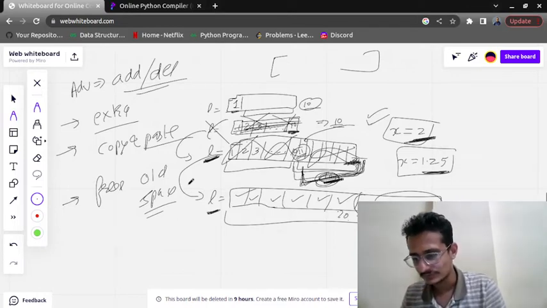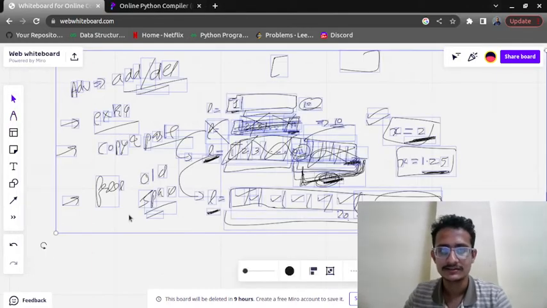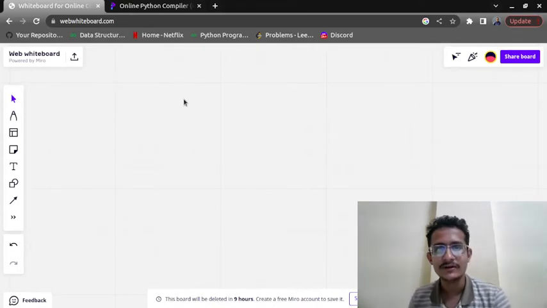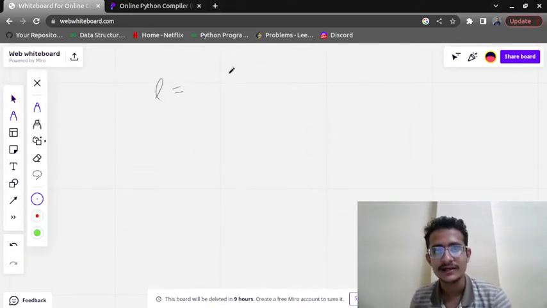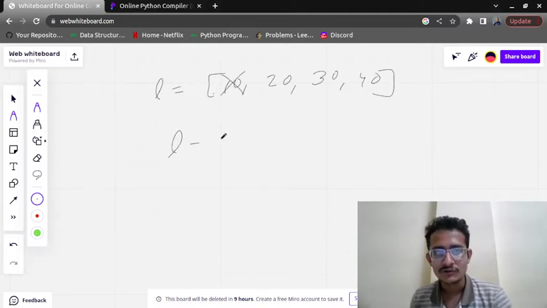Now again, if we want to delete some element in the list, okay, let me clear the space. If you want to delete an element from the list, let's say the list has the elements 10, 20, 30 and 40. If you want to delete the first element, what will happen is this element will shift here, this element will shift here, this element will shift here.